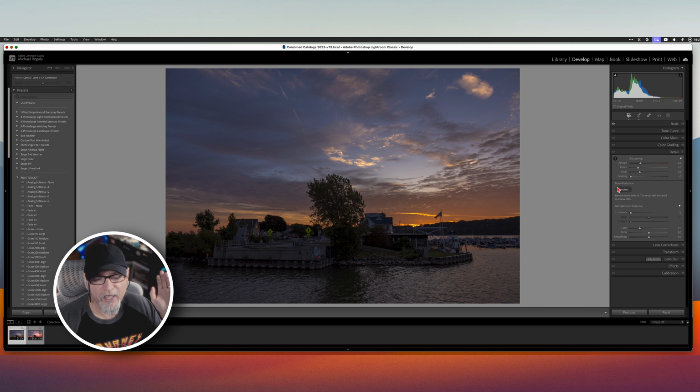But Adobe does have an AI version of denoise that actually works quite well. It only works on raw photos though. So you would click that and then allow Adobe to do its thing. And what it'll do is it will create a DNG file, which is another form of a raw file. Okay. And it'll do that. And then you can go and do your edits. Okay. Again, I usually don't use it, but what I do is